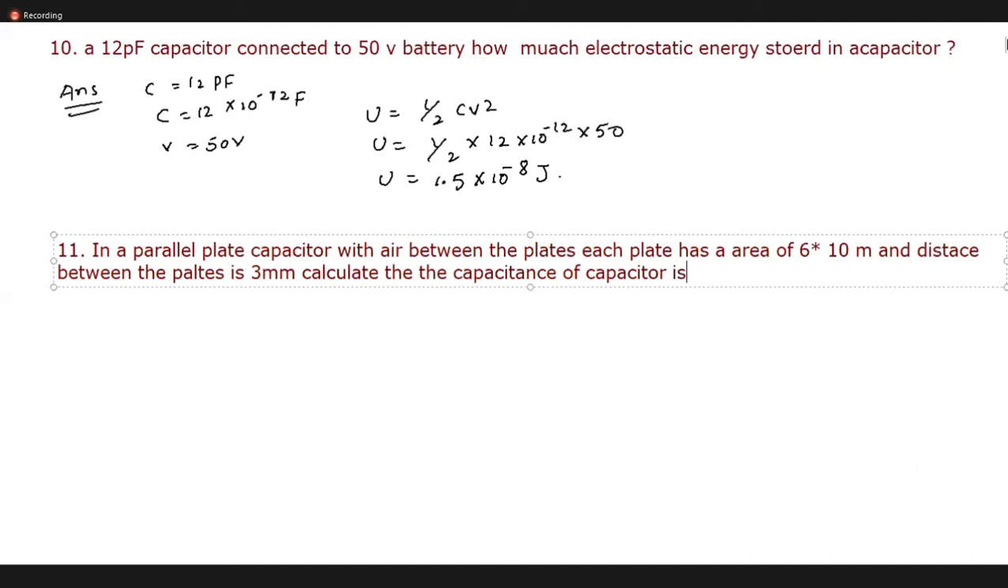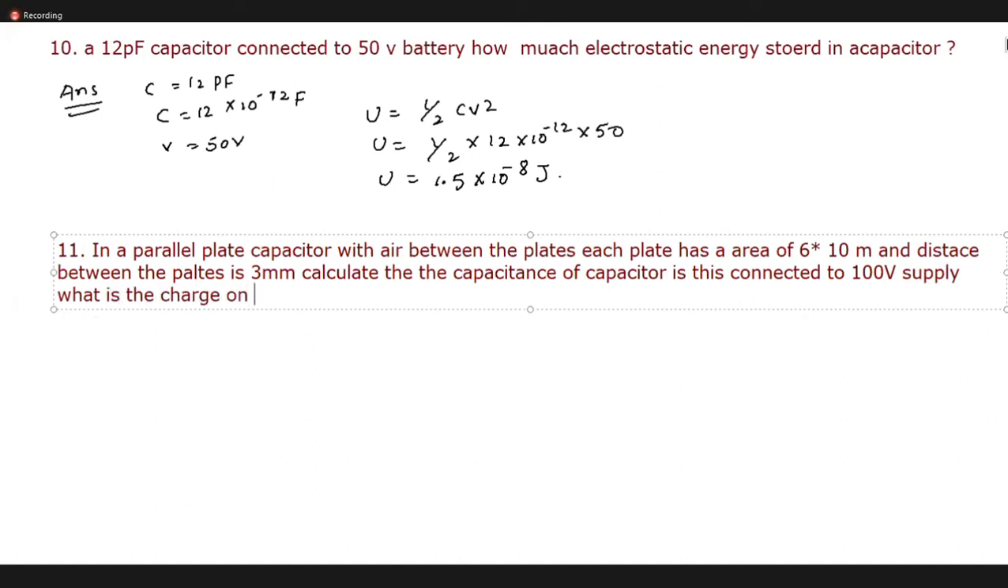If this is connected to a 100 volt supply, what is the charge on the plate? What is the charge on each plate? So a parallel plate capacitor, where each plate has an area of